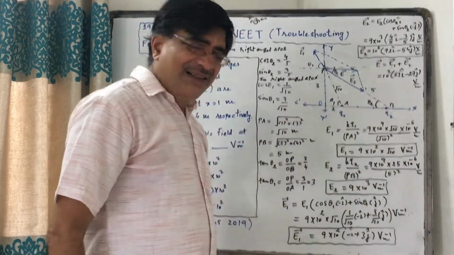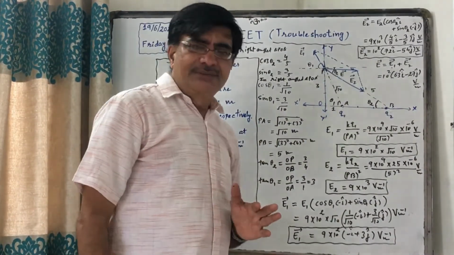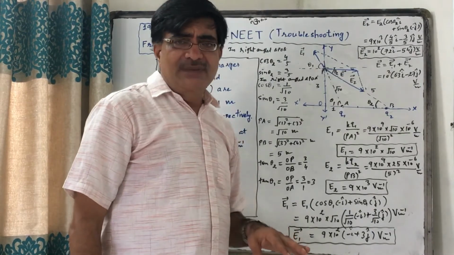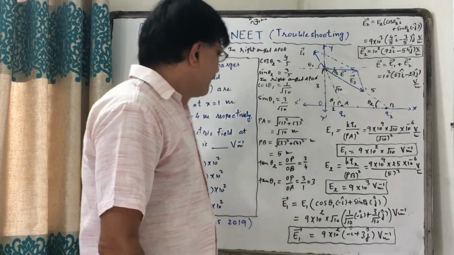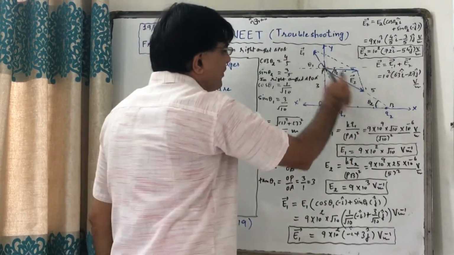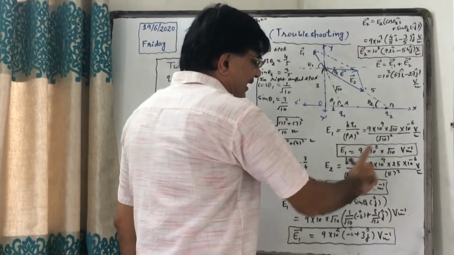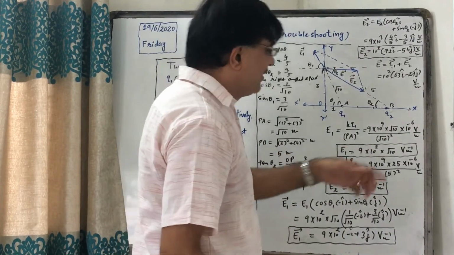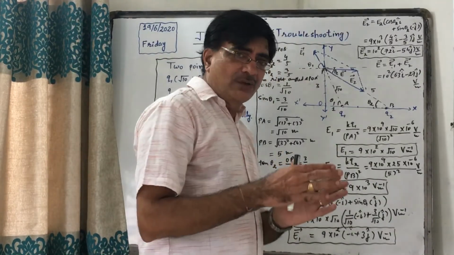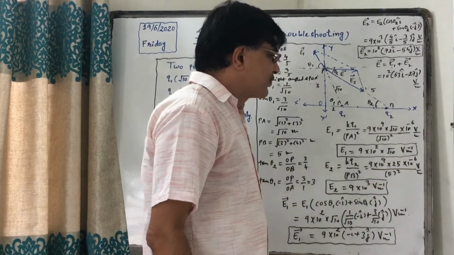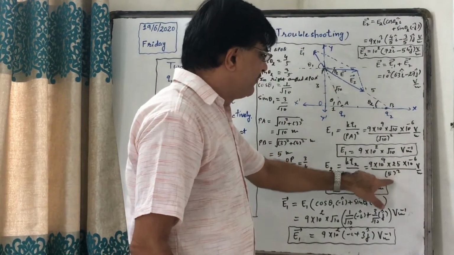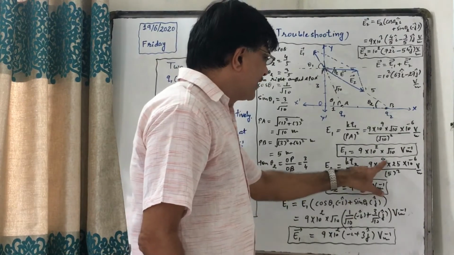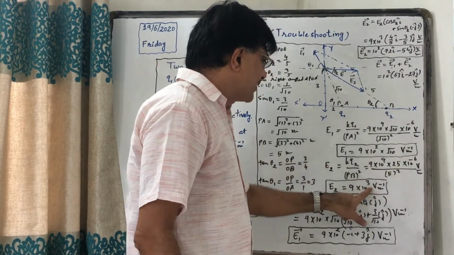Now in general, there are such type of problems in which calculations are easy. Now E2 equals KQ2 upon PB square. K is 9 into 10 raised to 9. Q2, we have to put just the value, so 25 microcoulomb. So 25 into 10 raised to minus 6 upon PB is 5, so 5 square. So this 25 will be cancelled. 9 into 10 raised to 9 into 10 raised to minus 6, that is 10 raised to 3 volt per meter.